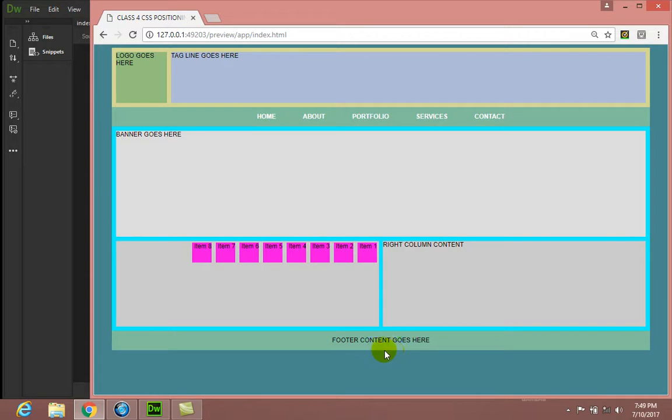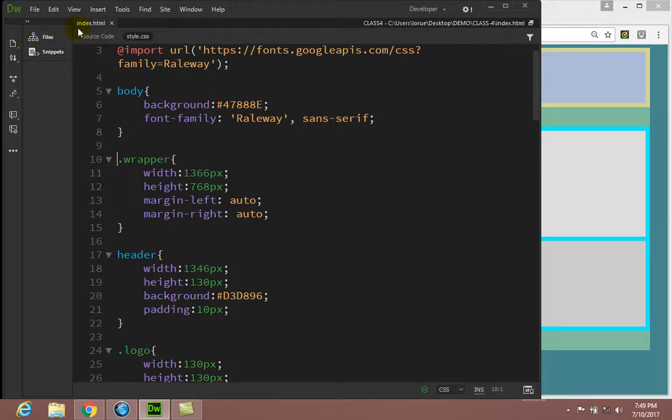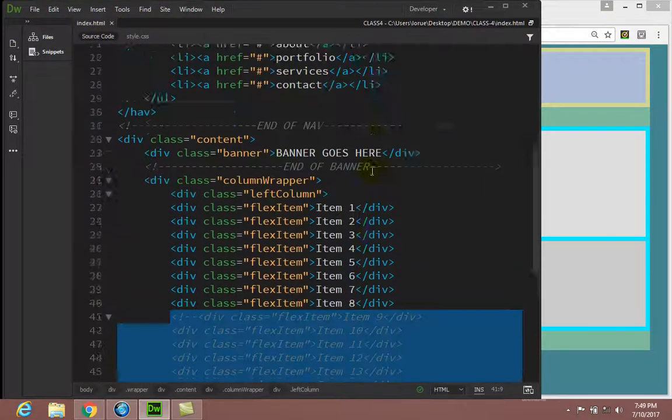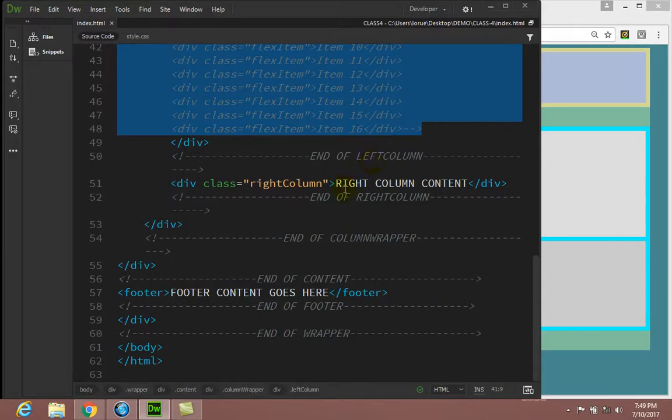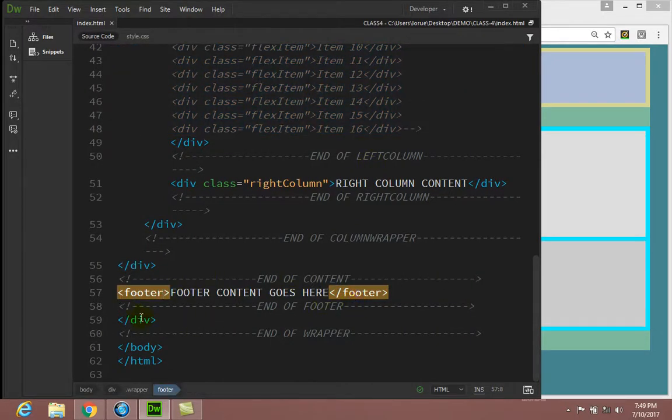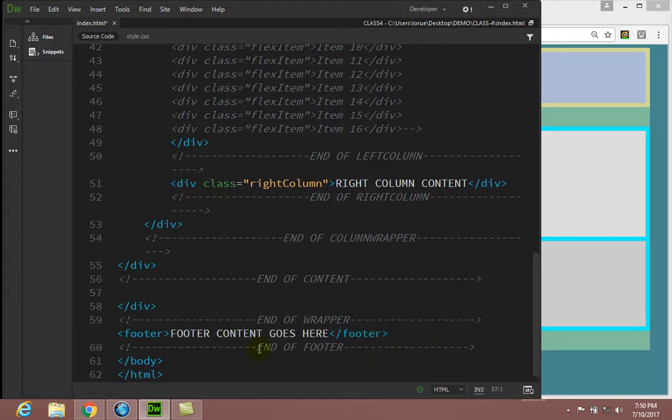Now, talking about the footer, how can we position the footer at the bottom of the page? One of the things we've got to do is remove the footer from inside that wrapper. So we're going to come here into the source code, and you see how my footer is inside my wrapper, correct? So what I'm going to do is grab my footer tag with the comment, and just drag it to the bottom